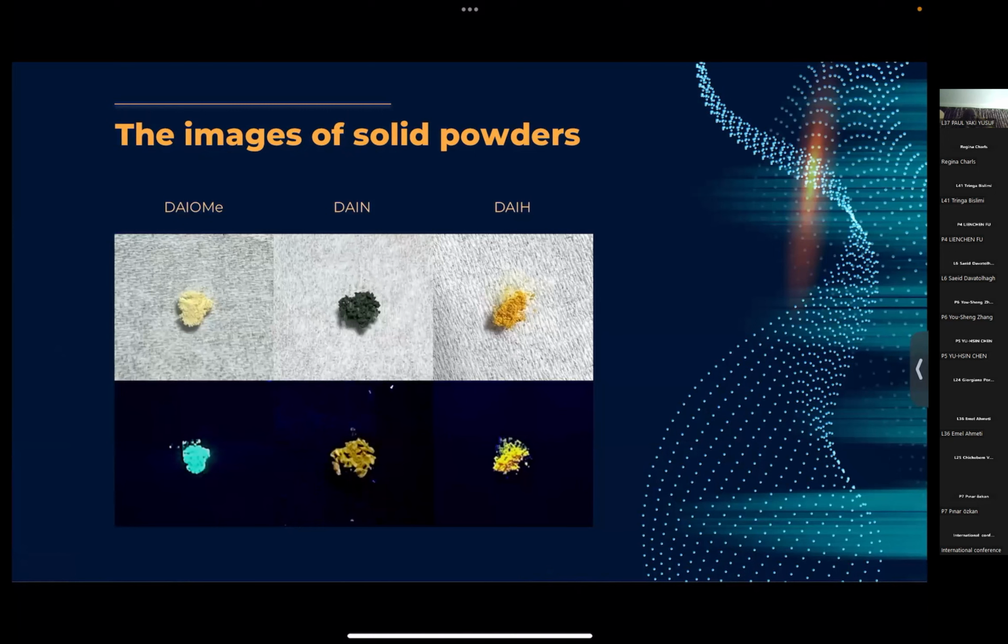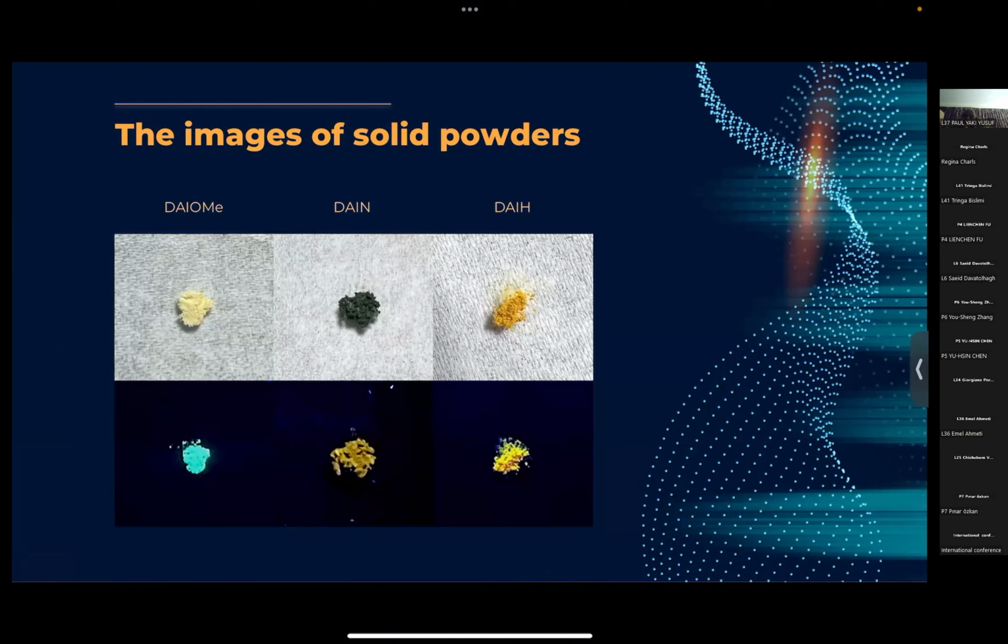And here shows the distinct morphologies of each compound. The first one, DIAOMe, appears as a powdery substance, and DIAN showcases small grains, and DIAH maintains the powdery state.